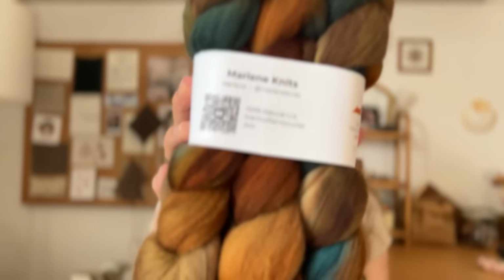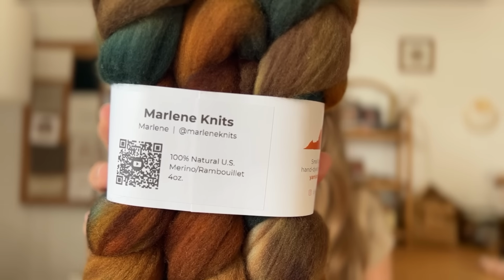So this is the Marlene Knits colorway. This is on the Shaniko base, which is a merino rambouillet base. Oh my god, guys. This is highly inspired by my Cumulus blouse in the dark green colorway, and then my obsession with the tealy greens recently. At least that's what